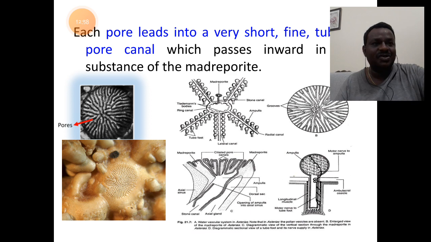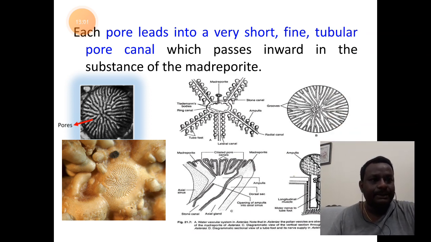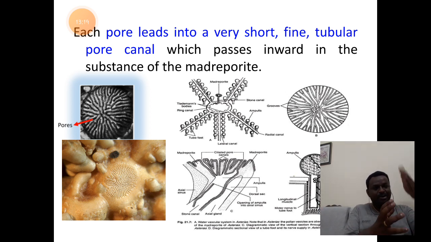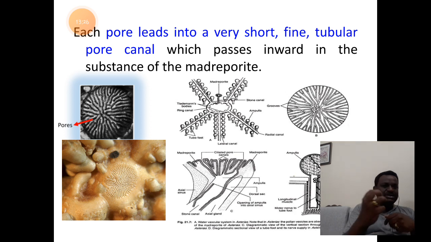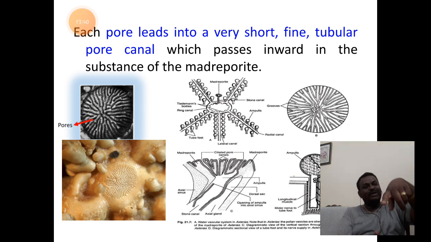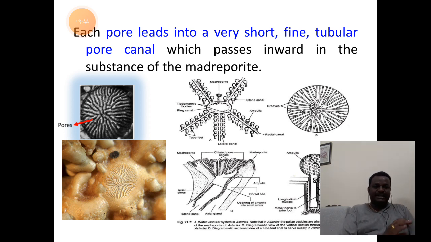If you look at the structure of Madreporite, okay, one minute. So towards the left side, you have a diagrammatic representation of Madreporite. On the right side top also you have a diagrammatic representation of Madreporite, where you find a number of straight lines or grooves or wavy lines or grooves. So the original picture of Madreporite, which is enlarged, is seen towards the left side corner, the left side extremity. Now, when you look at the Madreporite on the aboral surface view, it appears round with a number of grooves in it. But when you take a section of it and observe,